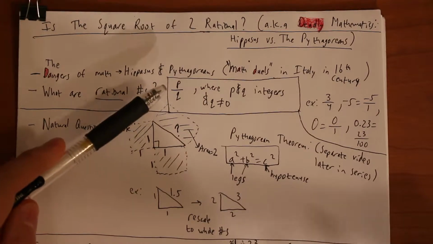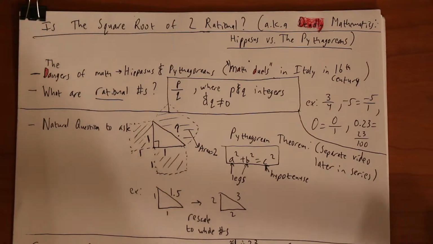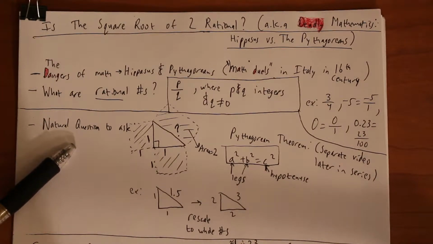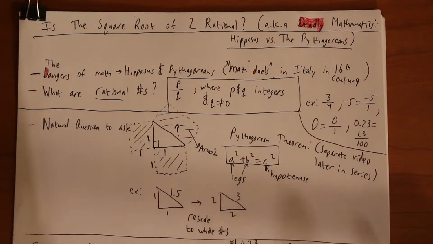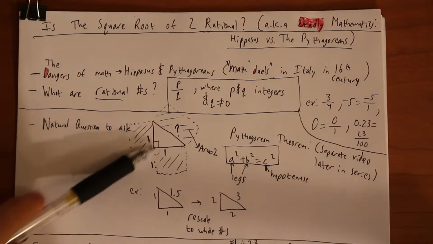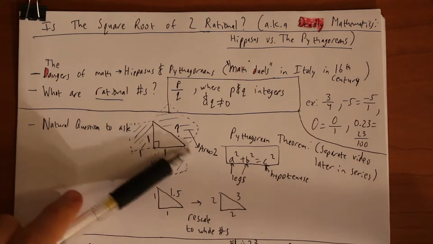However, there might be some numbers that you cannot express this way. And so one of the questions you might ask is, who cares, right? Like why does this even come up in a normal situation? So I want to convince you guys that this is a natural question to ask. So let's say you're one of these Pythagoreans and you're obsessed with numbers and geometry, and you're studying this fairly simple case where there's a right triangle, meaning this is 90 degrees, and it's just 1 by 1. So you want to know, if this is 1 and that's 1, what's the measurement of this third side?